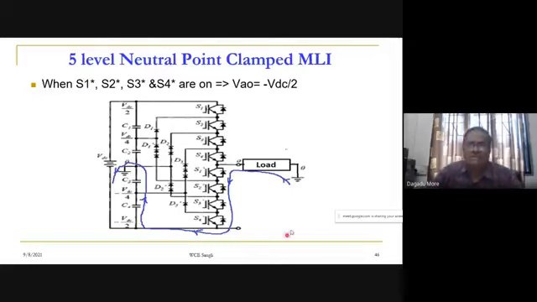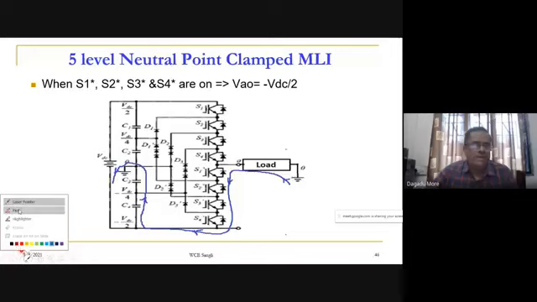When we get minus VDC by 2, the lower 4 devices are on, and then point A becomes negative with respect to O. Here we have seen that C3 and C4 will provide the energy, and the path of current: C3 positive is grounded, it comes from here, from the load to point A. From A it will go through S1 star, S2 star, S3 star, S4 star, and from this to the capacitor. And whenever our current is negative,